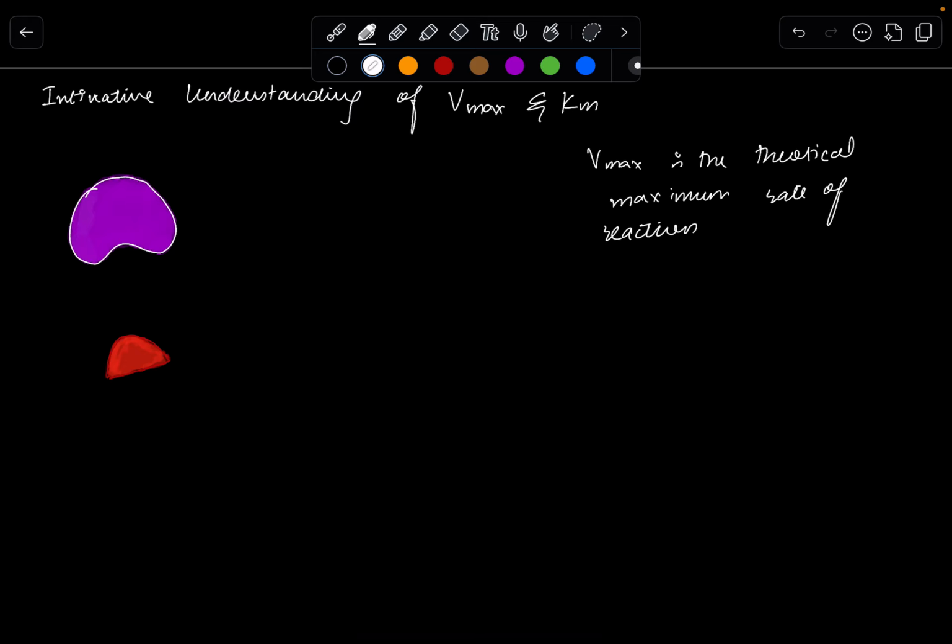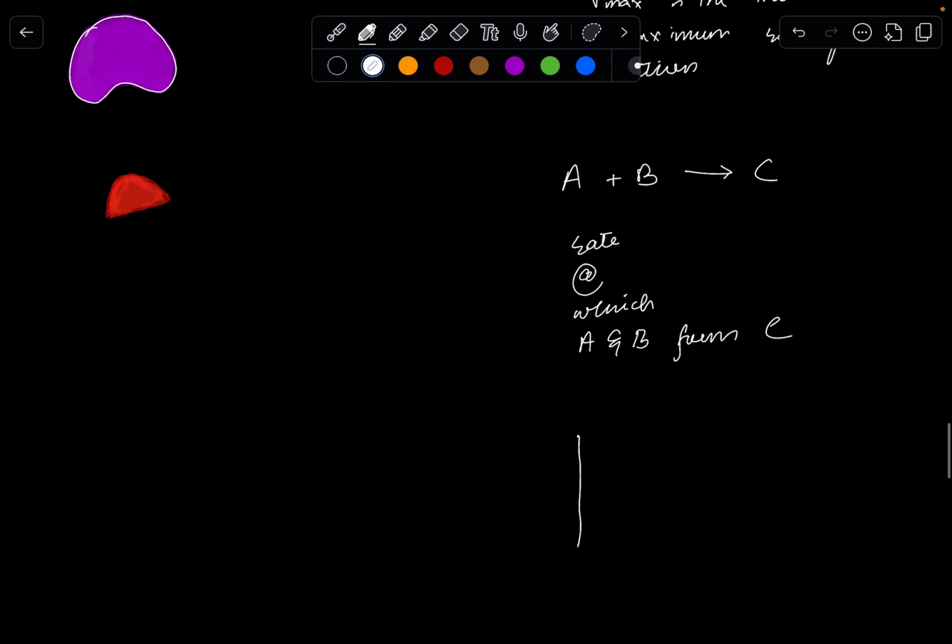Rate of reaction describes a reaction in terms of the concentration of the reactants. So if I have A plus B that forms some molecule C, and I'm asking you what is the rate at which A and B form C, well, that is then dependent on, again, think of a box,